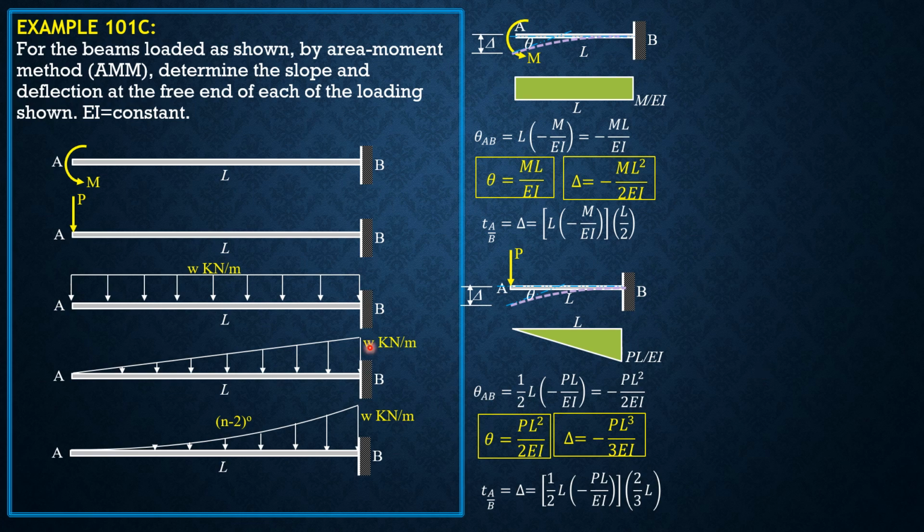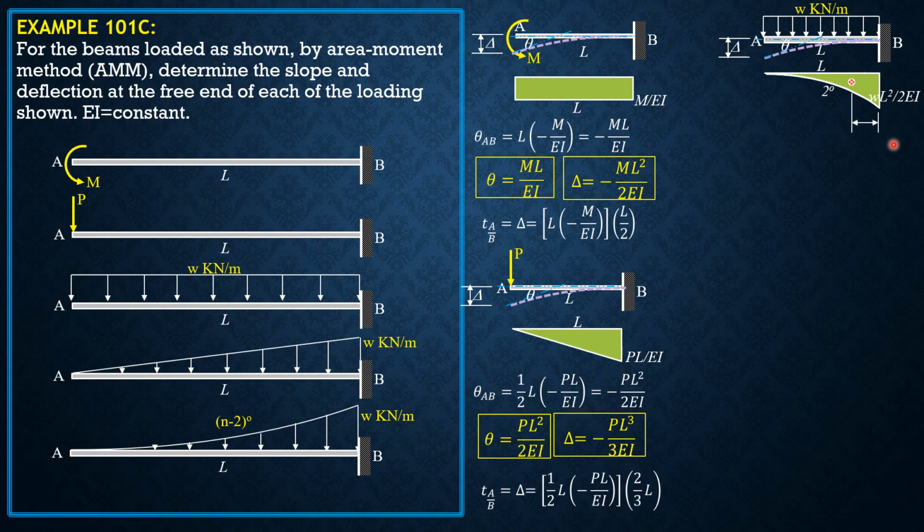Then for the third situation, the moment at the wall, the degree of the moment diagram by parts is second degree. This is 0 degree plus 2. So it is a spandrel of a parabola with value WL square over 2EI. That's negative. The location of the centroid from the vertical leg is L over N plus 2, L over 2 plus 2, so L over 4. Therefore, the distance of the centroid from point A